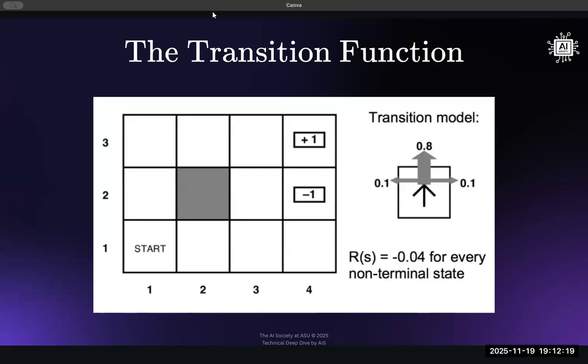And that R(s) is just the reward. What is the reward associated with the state S? So in this case, S could be this state, it could be that state, it could be any of the other states. And this is our transition model, which associates transitioning from one state to another with some probability that is at least 0 and less than or equal to 1.